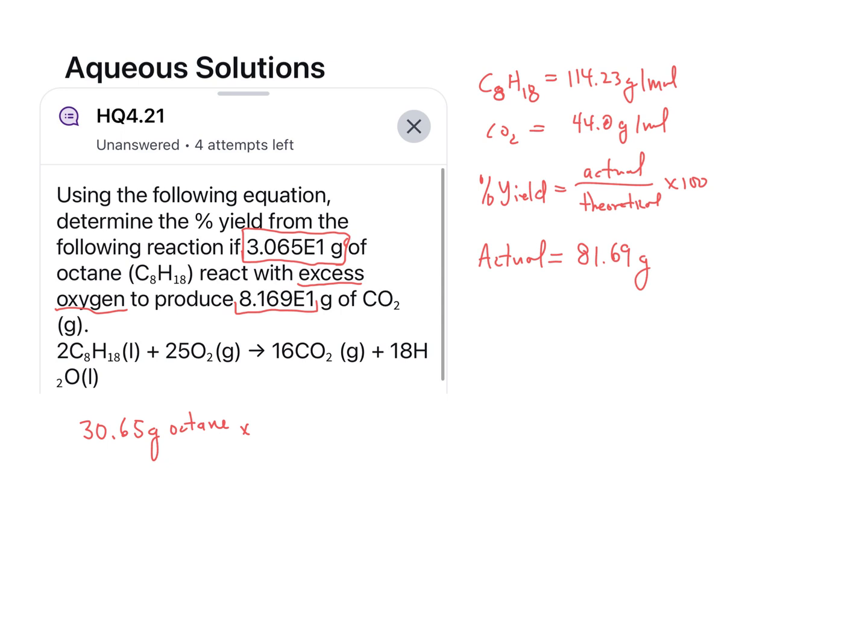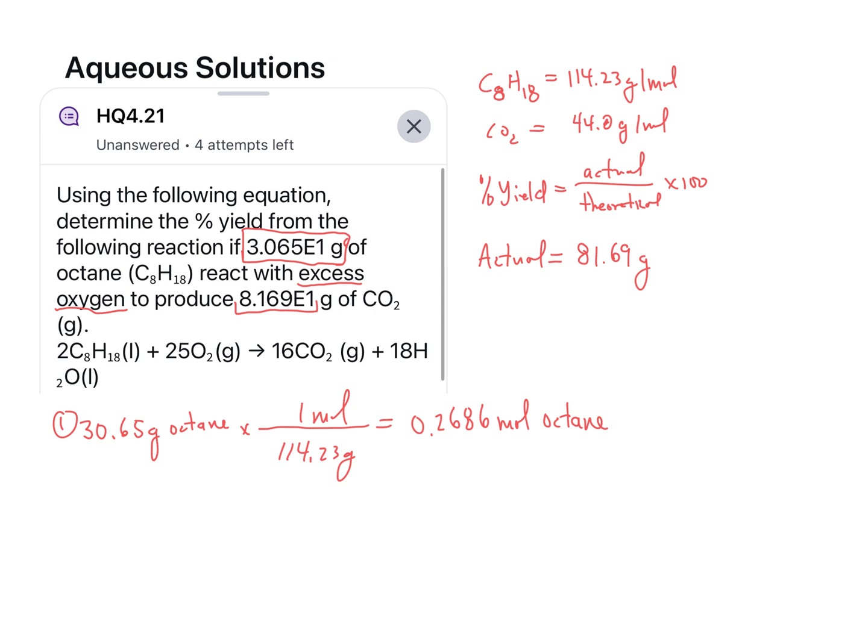So I look up the molar mass of octane, right? The molar mass of octane is 114.23 grams per 1 mole. So step one, we get out of grams and into moles of octane. So we've got 30.65 divided by 114.23, which gives me about 0.2686 moles